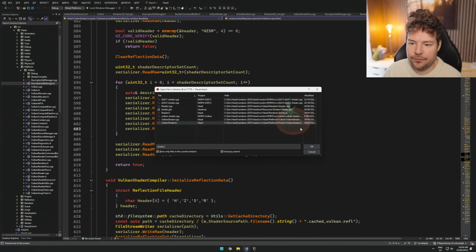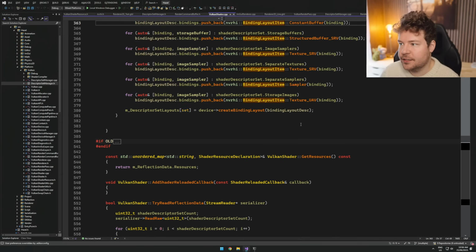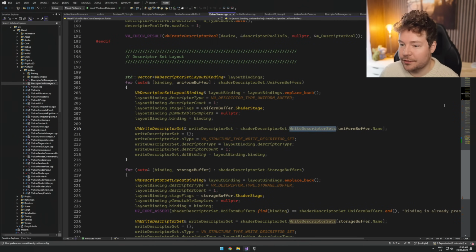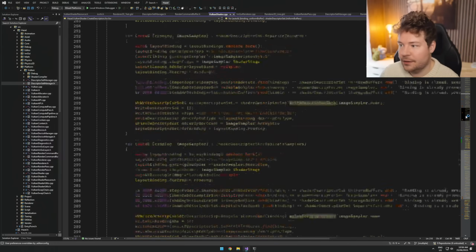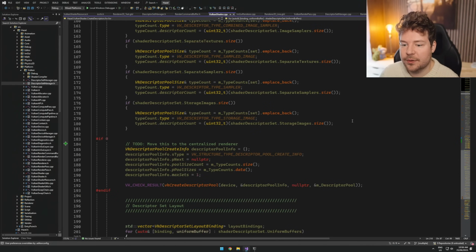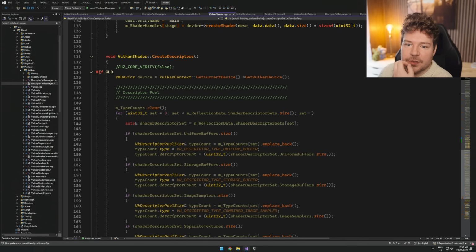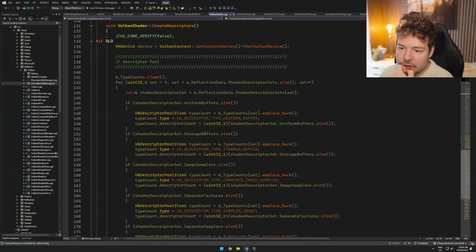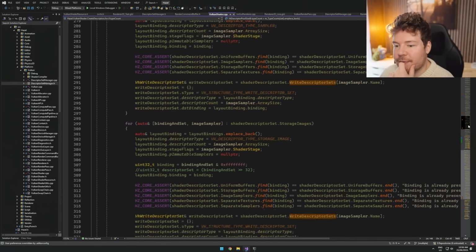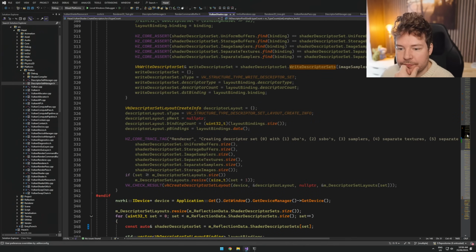Yeah, the whole shader system's not going to be that fun, I think, to rewrite. I don't know if this part is actually working, because it looks like it's turned off. Create descriptors doesn't work. Okay, yeah. So I guess what this is doing is, I think we probably have to start by rewriting all of this,